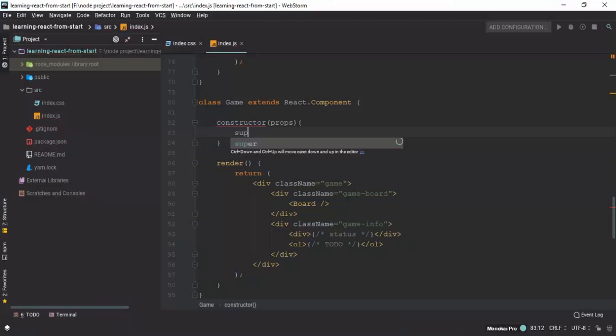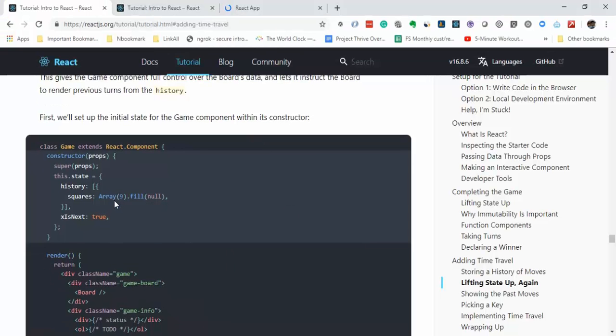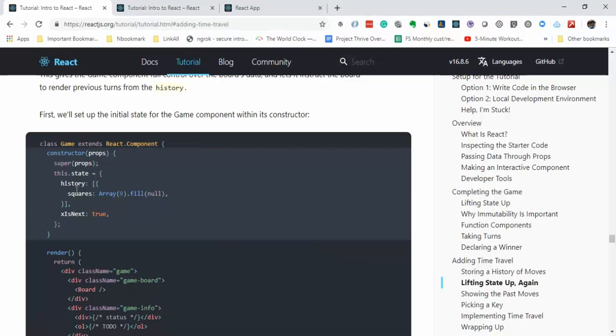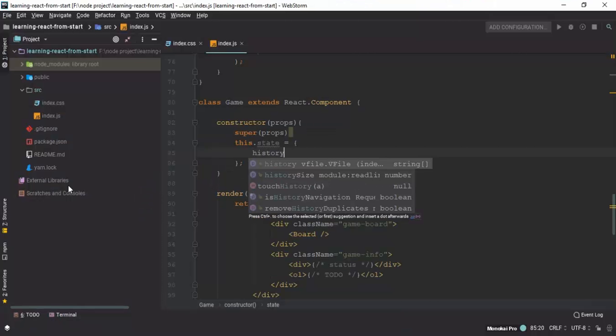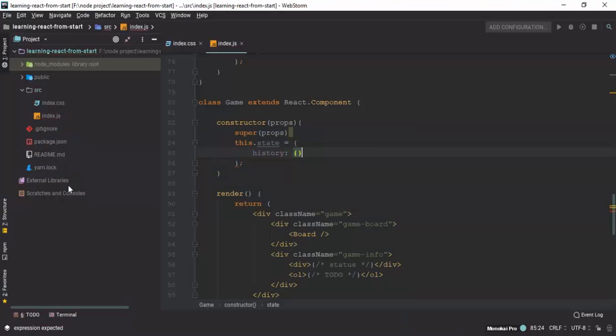Then every time in JavaScript, it needs to call super. Then we will create a state. this.state equals an object. This is where we store the history, and history is an array